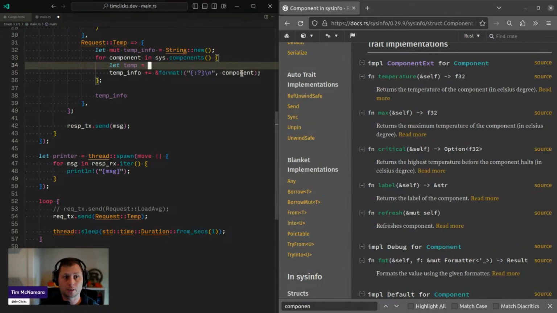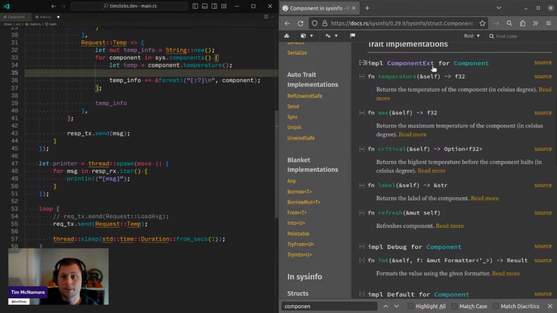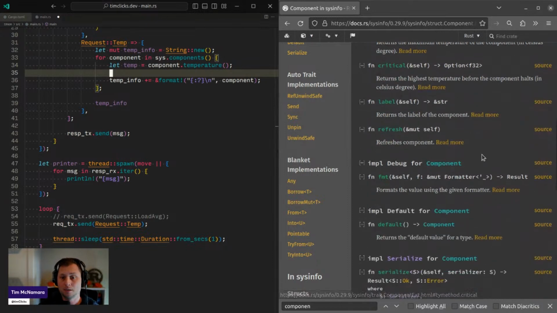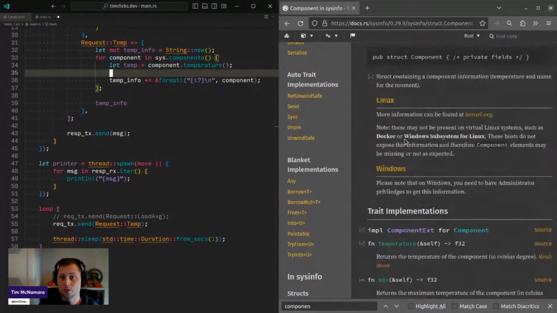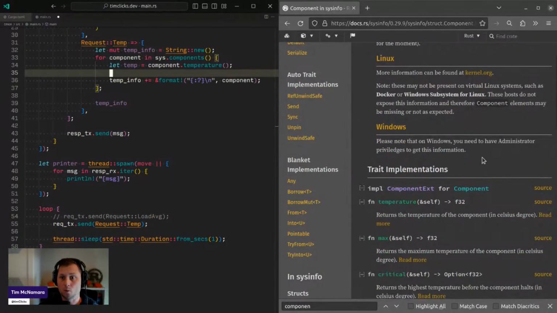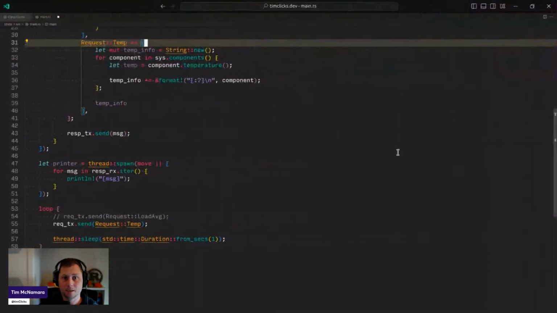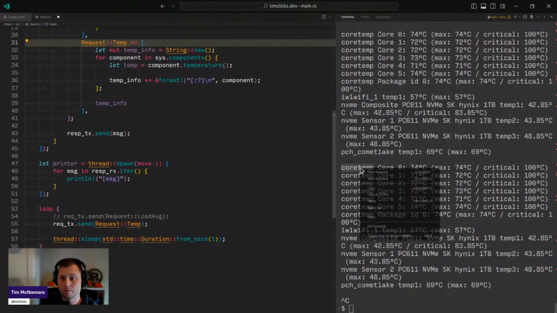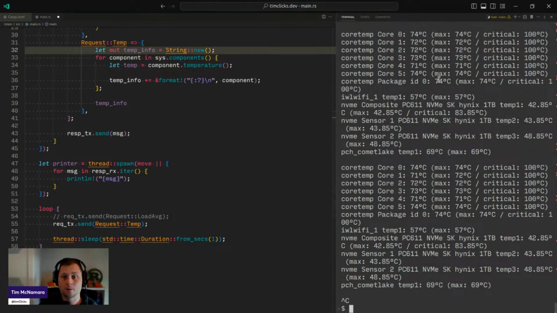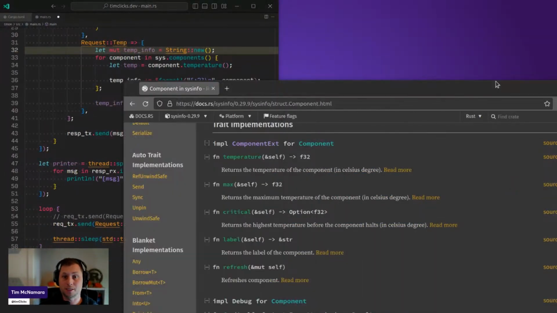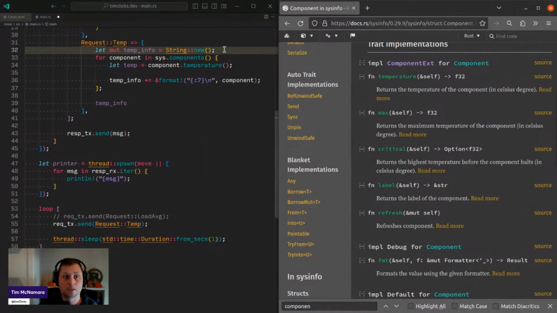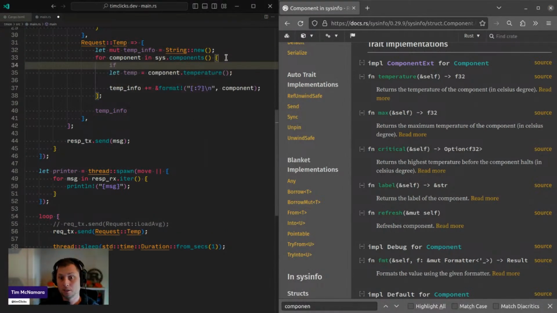So our temperature is component temperature, but we actually can't identify the components without inspecting whether or not we can check the label that we just had. So we had core temp. And so what I'll just do to start with is say what I'm interested in is the temperature of my CPUs. And if the component label